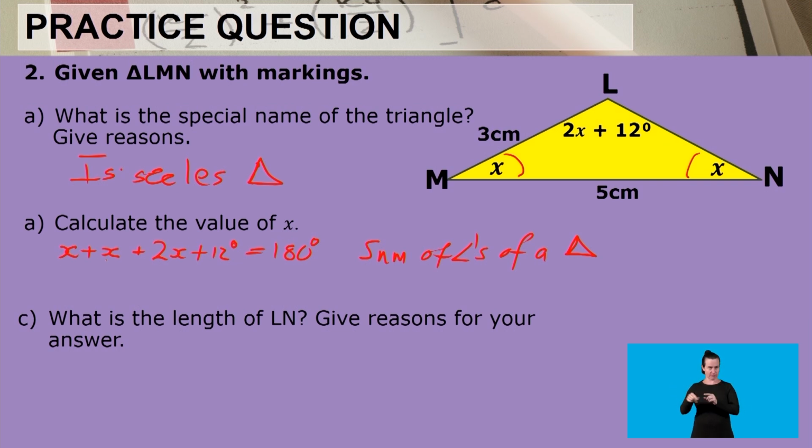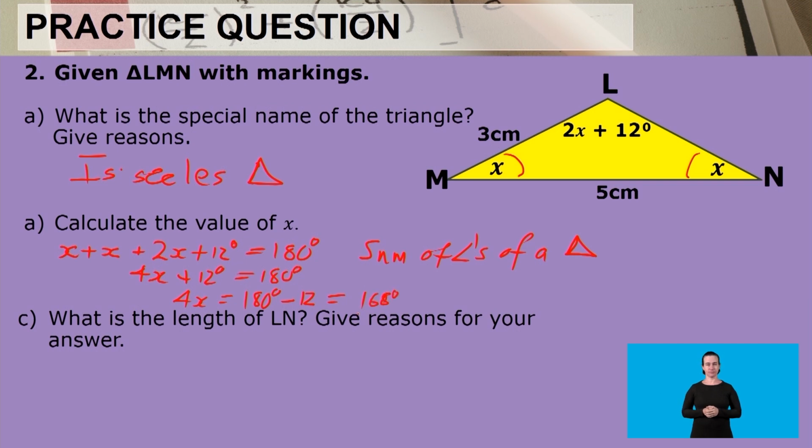Then x plus x plus 2x is 4x plus 12 degrees, which equals 180. And then the additive inverse of 12 leaves us with 4x equals 180 minus 12, and that would give us 168